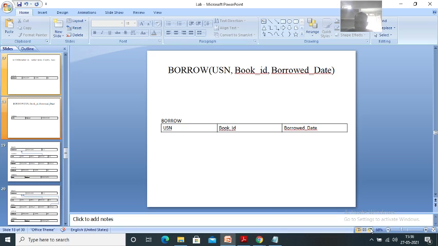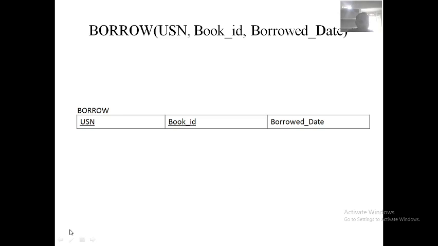Let me explain it with this. Let me write it. Assume that Kiran's USN number is 1. He has taken the book. Assume that A1 is the book ID he has taken, and the borrowed date is today. Today is 27, whatever. On this date he has taken the book.